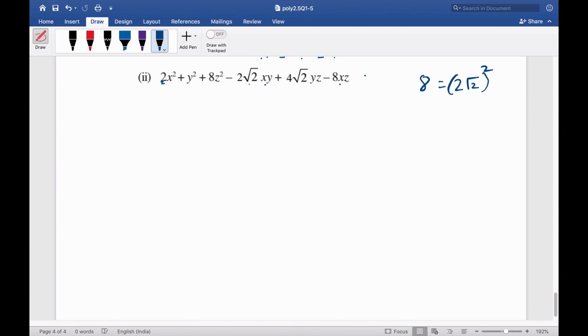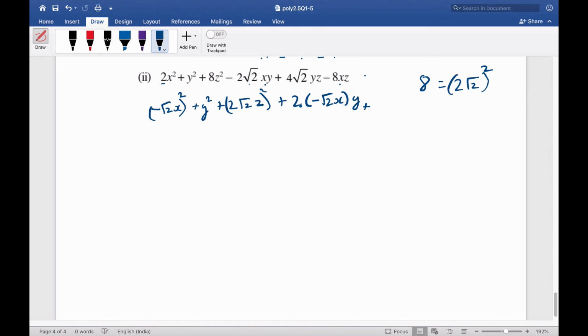So I can write this as (−√2x)² + y² + (2√2z)² plus 2ab, so my a is −√2x into y, which is my b,